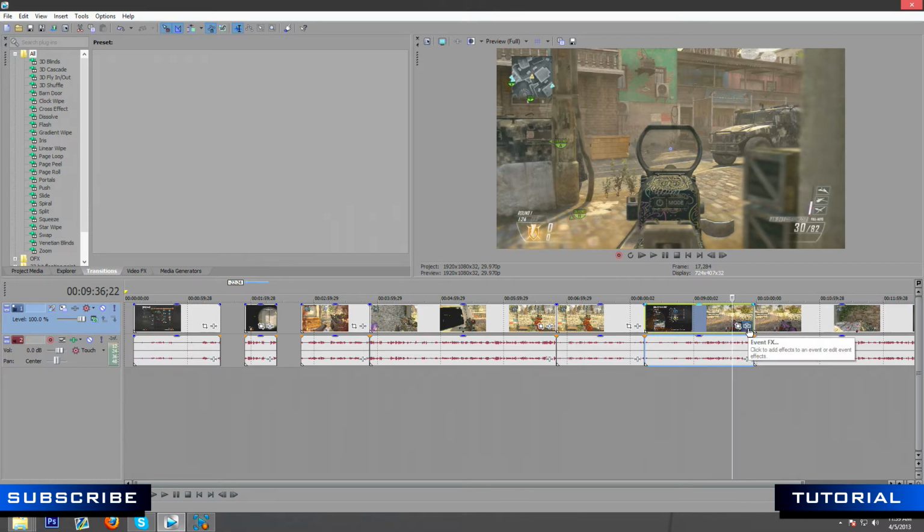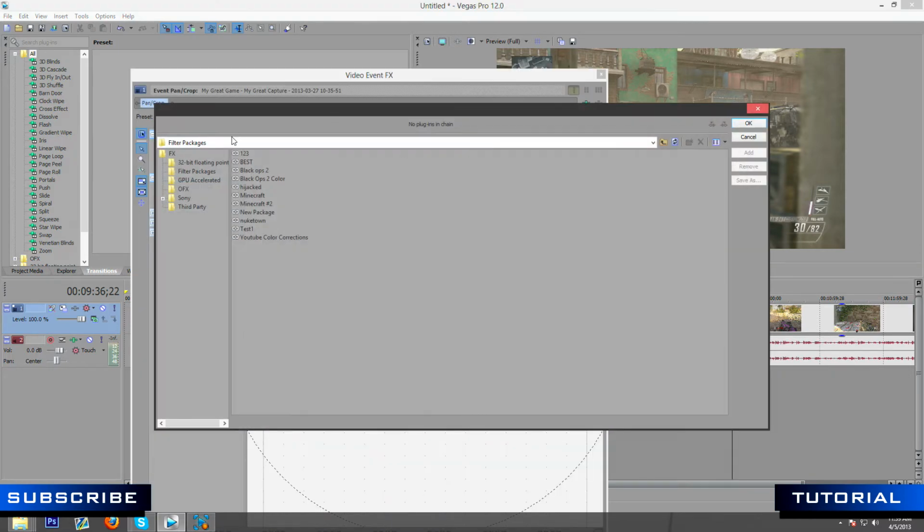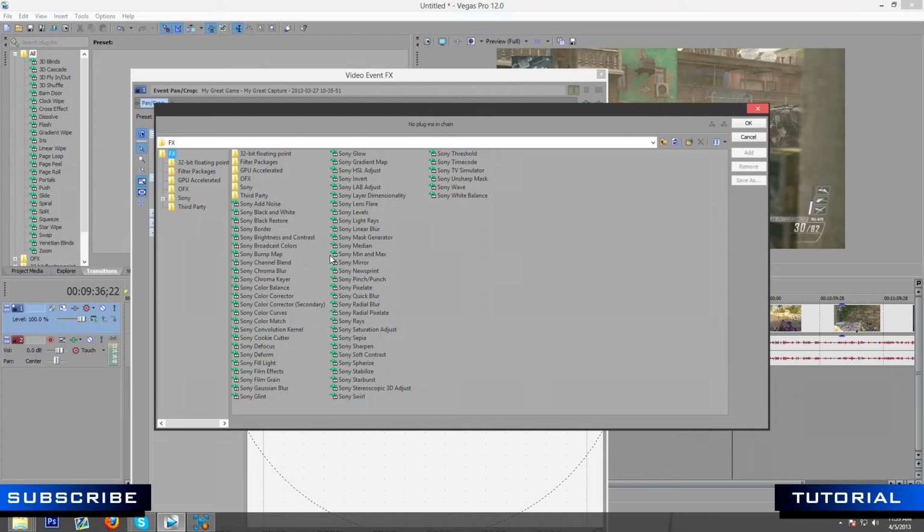It's like a bar with 2 arrows pointing inward. You click that button, and what you're probably going to see if you've never set up anything is you're going to be in the effects, and you're going to see all these different effects, okay? I'll show you how to set up a